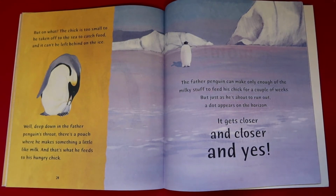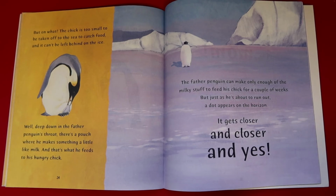Well, deep down in the father penguin's throat, there's a pouch where he makes something a little like milk. And that's what he feeds to his hungry chick. The father penguin can only make enough of the milky stuff to feed his chick for a couple weeks. But just as he's about to run out, a dot appears on the horizon, and it gets closer and closer, and yes,